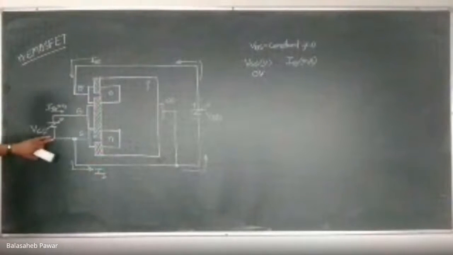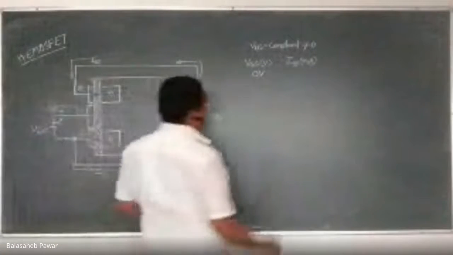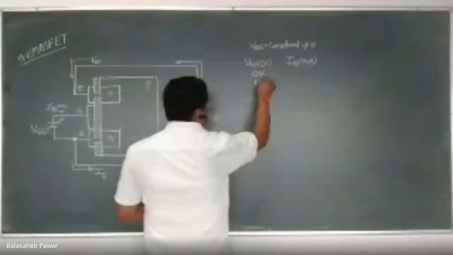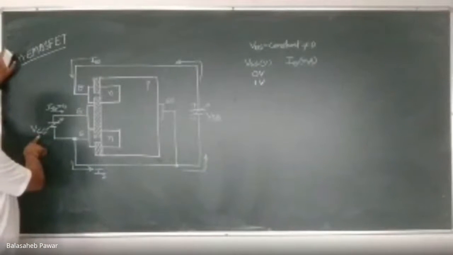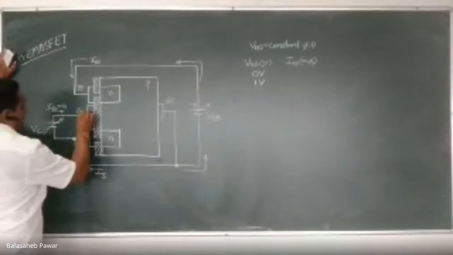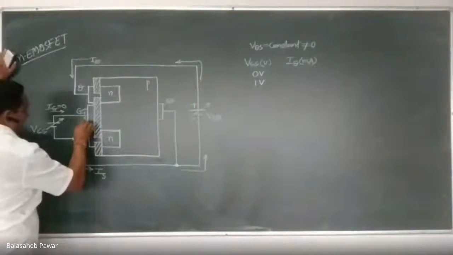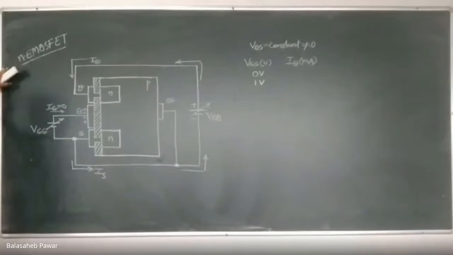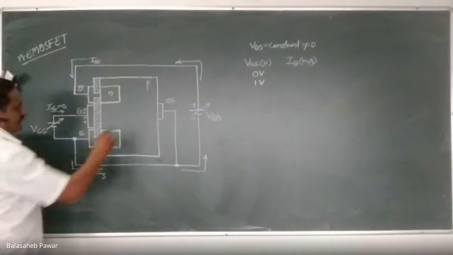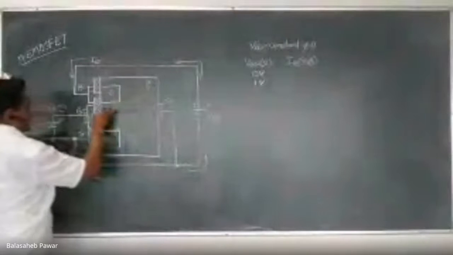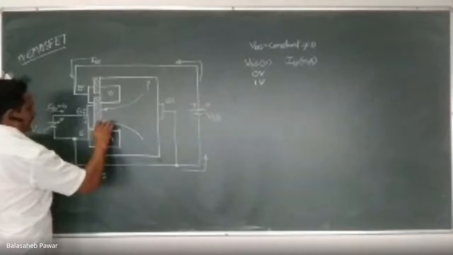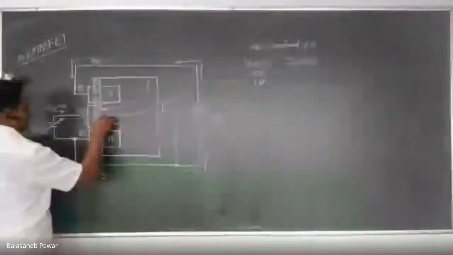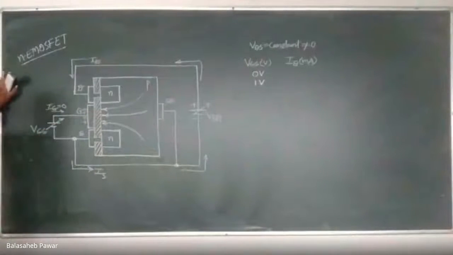Now, I will take one example. Suppose 1 volt is applied at the gate terminal of this device. If this VGG is equal to 1 volt, that is nothing but VGS equals 1 volt. A small positive field will get generated at the gate. I will show it like this, right? Due to that, a few minority charge carriers will be attracted over here. Suppose this much charge carrier gets attracted due to the 1 volt applied to the gate terminal, right?